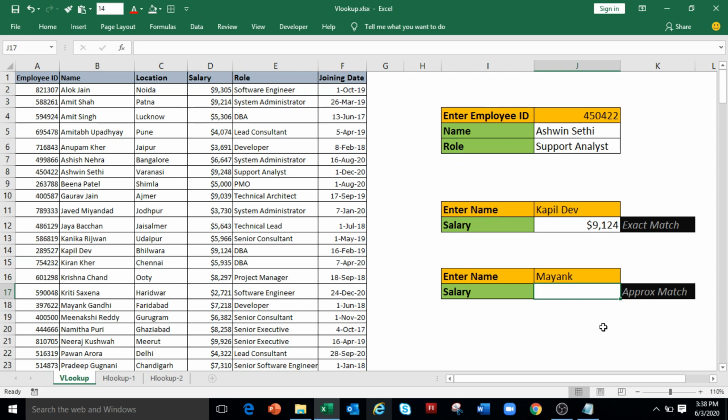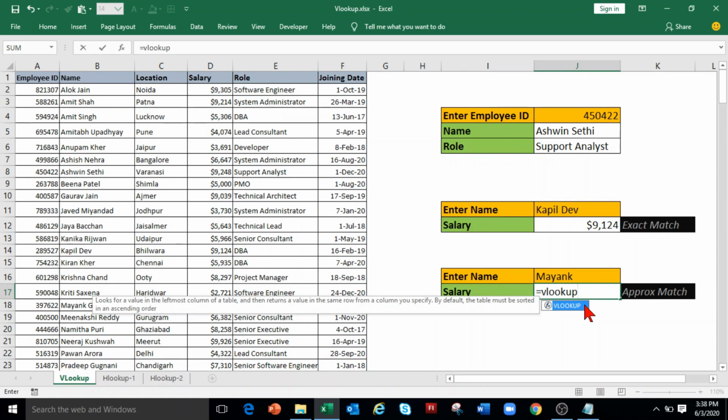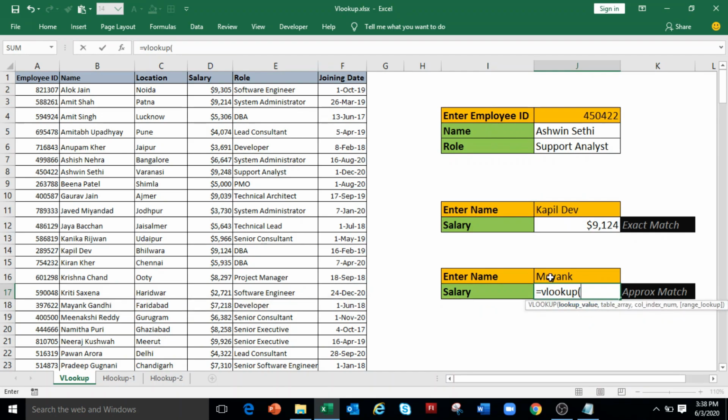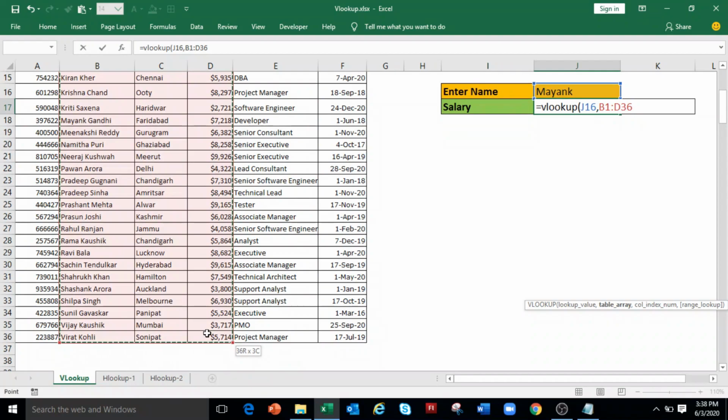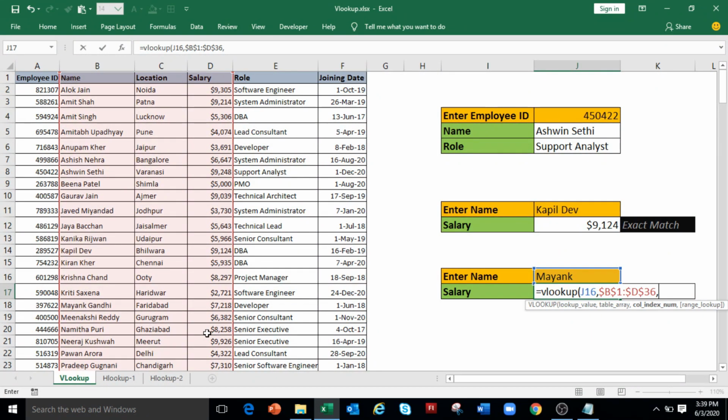To use VLOOKUP, type equals VLOOKUP open bracket, select cell J16, comma, the lookup value is name. So select the data range from B1, and the required field is salary. So select B1 to D36, press F4, comma. Now salary is in the third column, so type 3, comma. Now type 1 for approximate match, closing bracket and press enter.